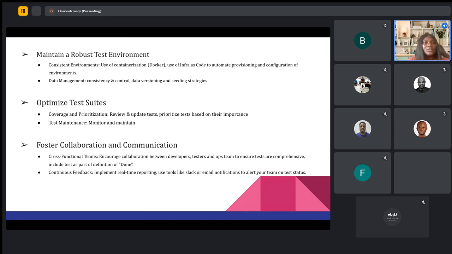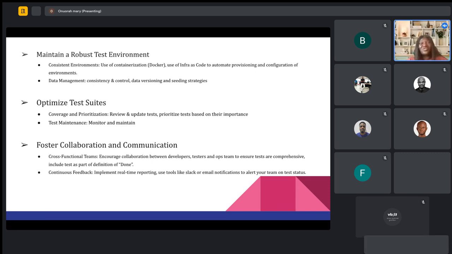Then the next thing is optimizing your test suite. So one of the principles of testing states that, I think it's the pesticide paradox? Yeah, when you repeat the same test over and over without updating your test, then at some point the test would not be finding issues for you anymore.